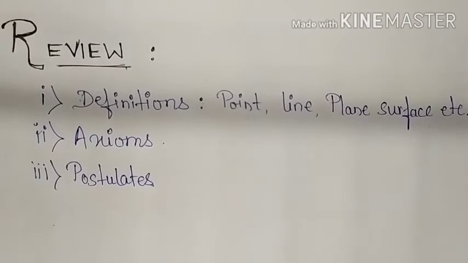And the next thing we learnt in the last class was about postulates. Postulates are also just like axioms, but they are for a particular field of study. They do not agree with each and every scenario, but they agree very well with a particular branch of study like geometry, science, biology, physics. In our chapter, we are only concerned with Euclid's postulates, which only agree with the field of geometry.